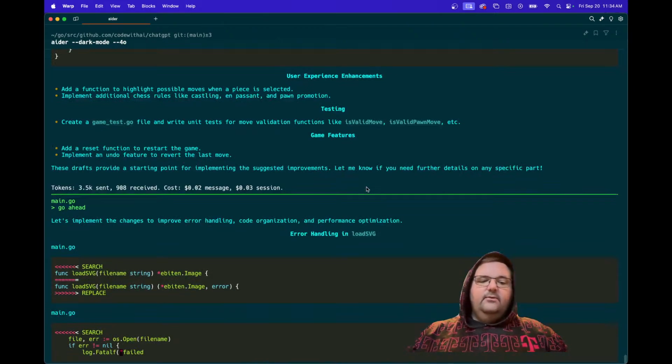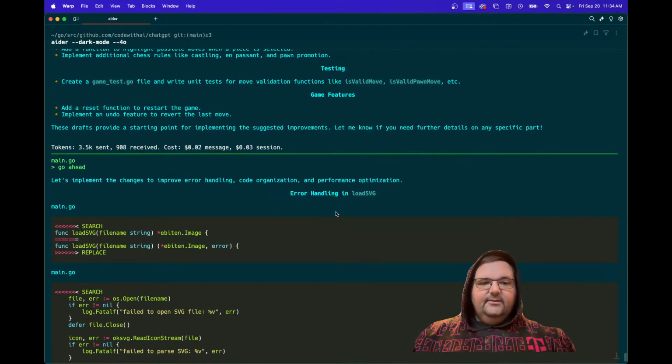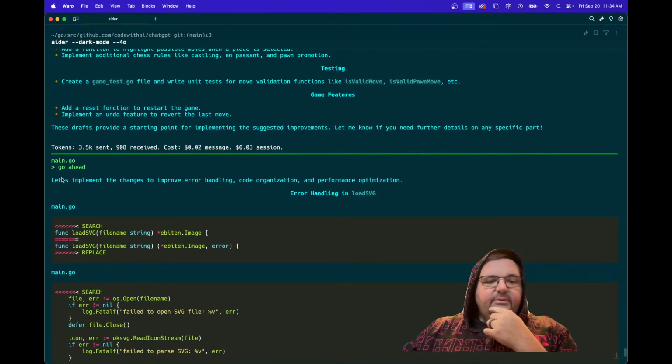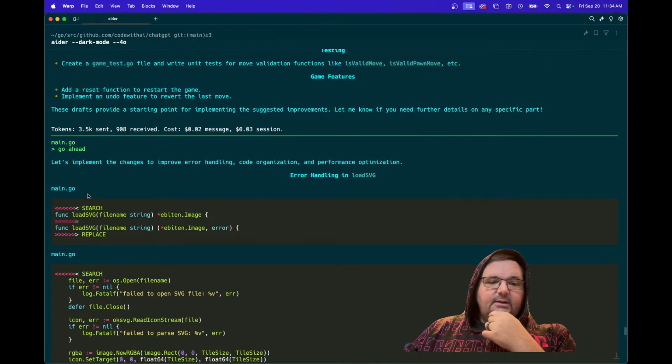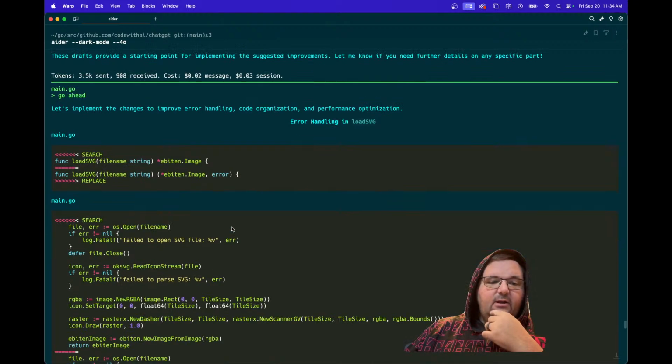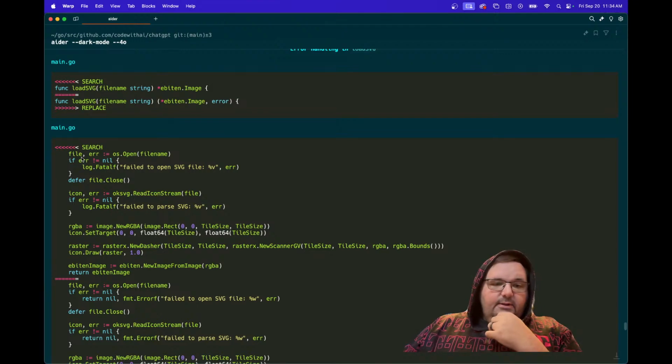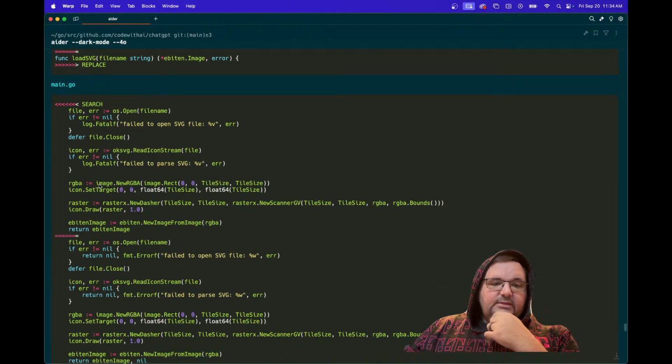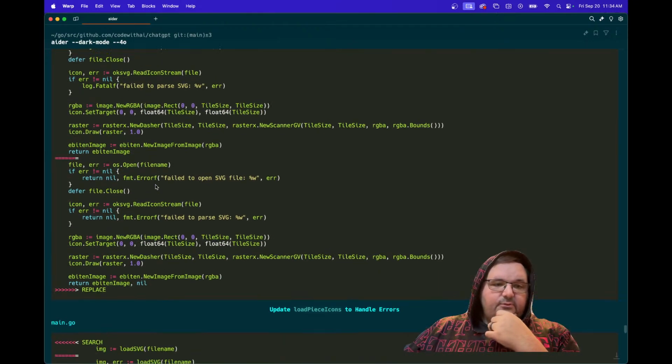So it's going to go through, and it moves a little fast, but let's look at what it says. It says, let's implement the changes to improve error handling, code organization, and performance optimization. Error handling in load SVG. In main.go, it found load SVG and it's changing the pattern from just an image to an image and an error. And then in main.go, it's making these changes so you can kind of see and iterate through and make a